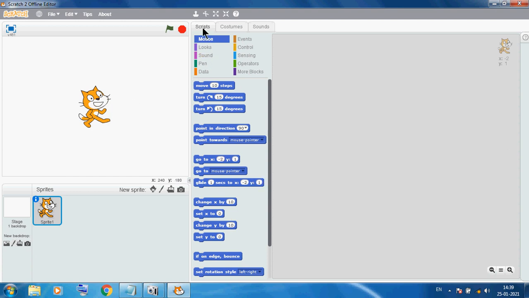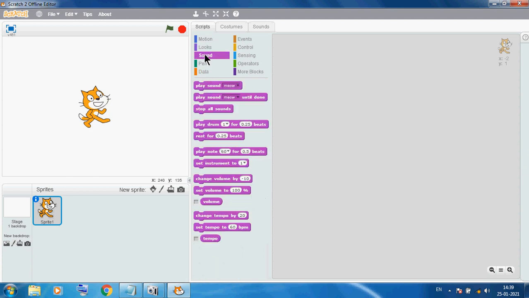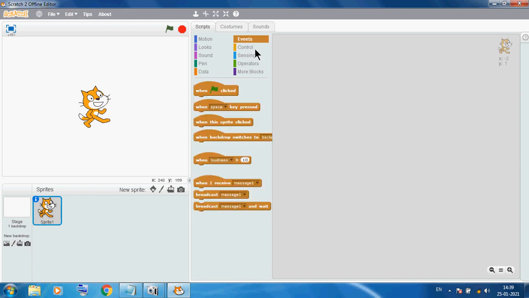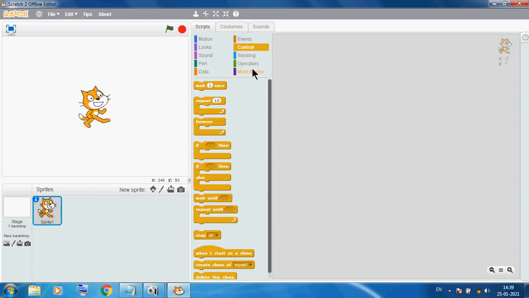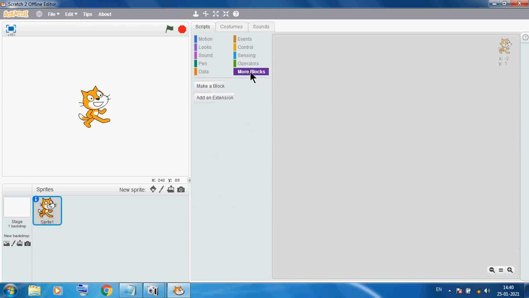In script we can use motion, looks, sound, pen, data, events, control, sensing, operators, and more blocks. So there are eight things we can use for block coding for this sprite.